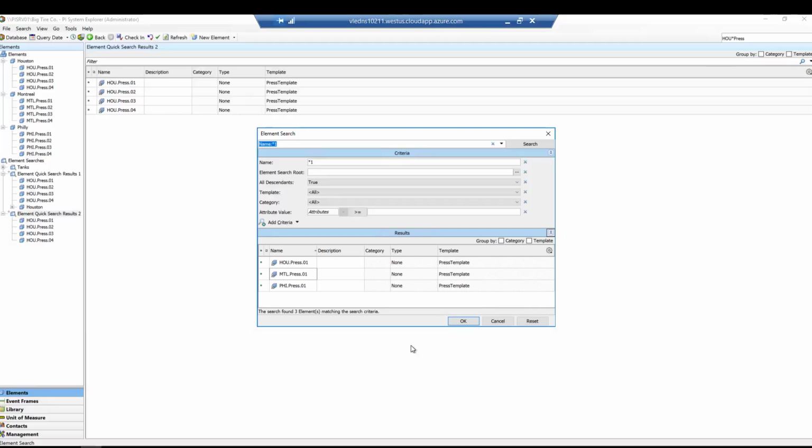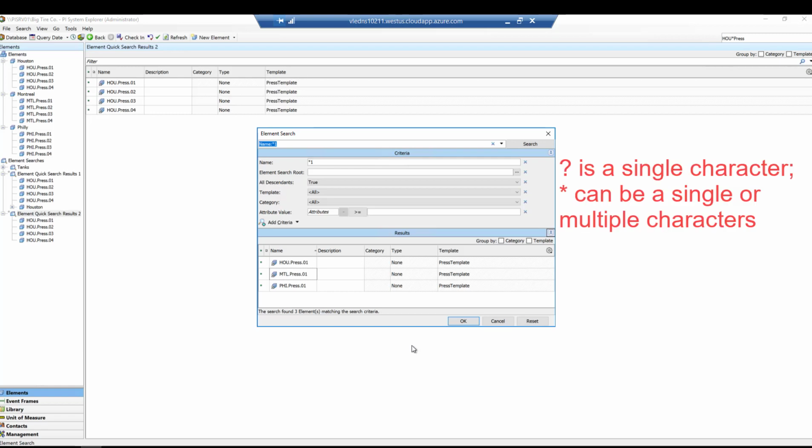Note, the All Descendants field specifies whether the search returns elements from the selected levels and all levels below. The option should be set to true in most cases. The name field can make use of the wildcard characters asterisk and question mark.